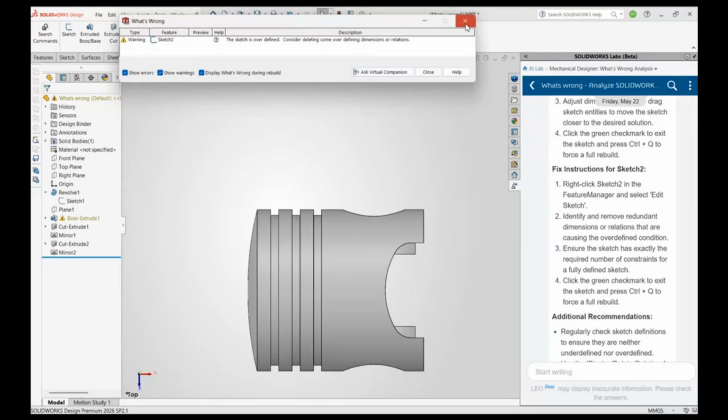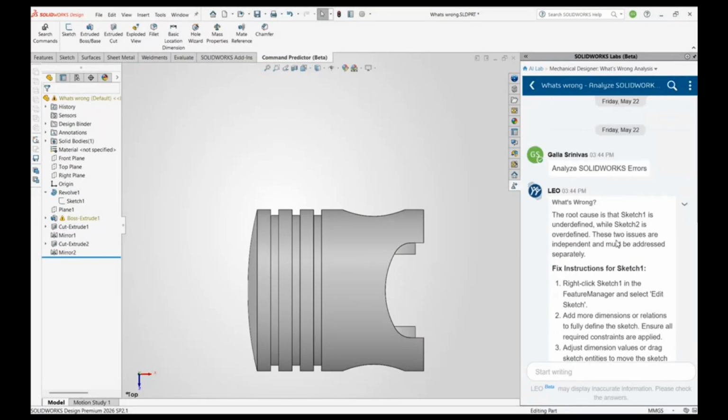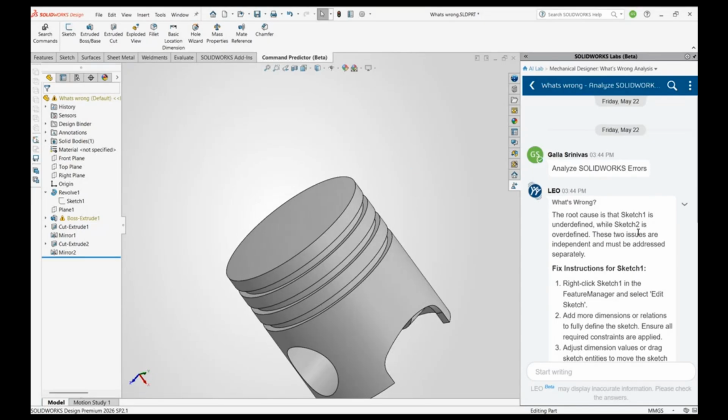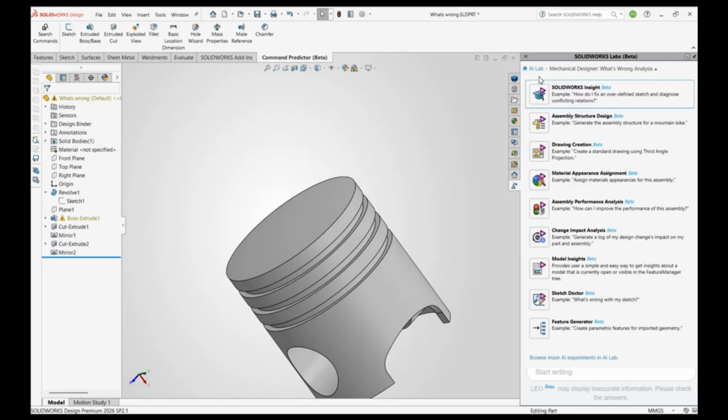So like this, with the help of Aura, if you don't have any idea in your model, or if you have any issue, you can get a suggestion from them directly. You don't need to search anything in Google or anywhere else. You can just use the right side of your AI Labs, search by giving a command, and it will resolve your query. So that is about the AI insights.